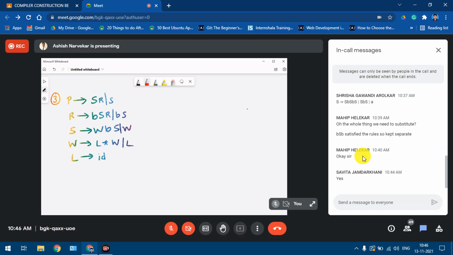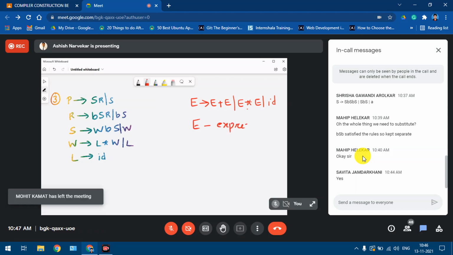For example, sometime back I took this grammar and converted it to give me E plus E, E star E, and ID. Now if you take it in the literal sense, as in terms of the statements used in a program, we can see that this E is actually nothing but it stands for expression.